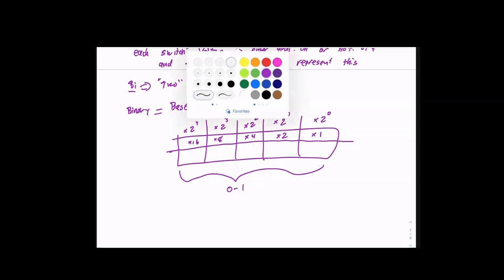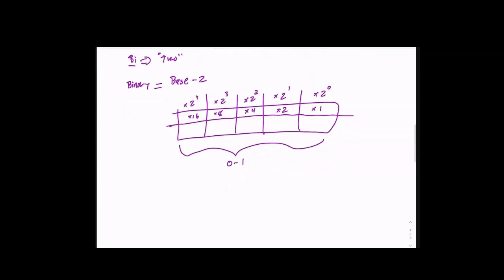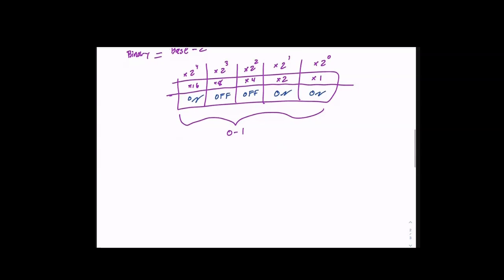Now, when we talk about these numbers, if this is on, that's a 1. If this is on, that's a 1. If this is off, that's a 0. Off, that's a 0. And on. So you can turn these switches either on or off. And if they're on, it means we have 16 plus, in this case, 0 plus 0 plus 2 plus 1. And that would give me